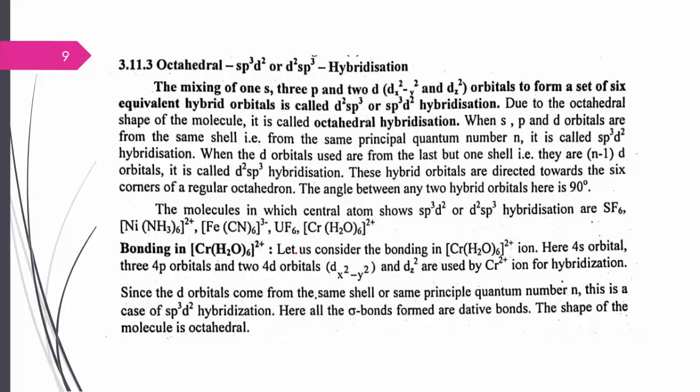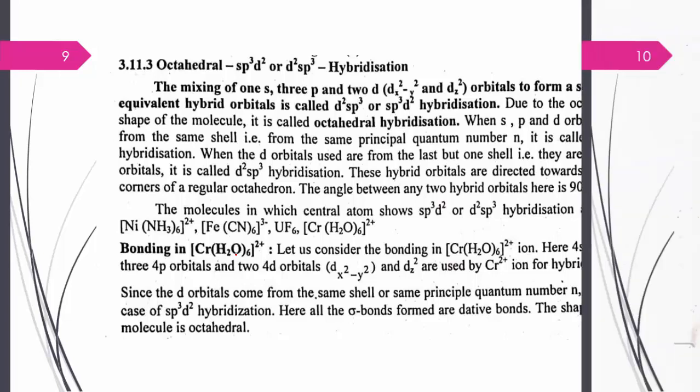Let us study the example of the Cr(H2O)6 2+ molecule, where chromium is the central atom and H2O are the ligands attached to the central atom. This is also a metal complex molecule. In metal complex molecules, always understand that chromium is the central atom, and the ligands donate 2 electrons toward the central atom. It means for hybridization you require vacant d orbitals.